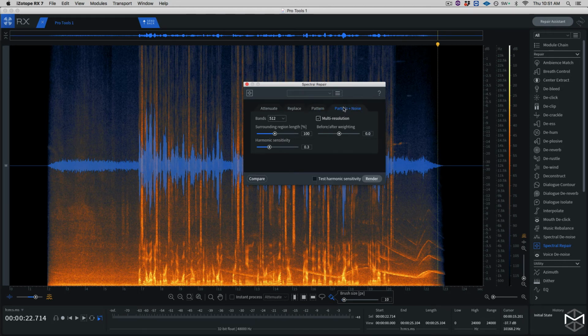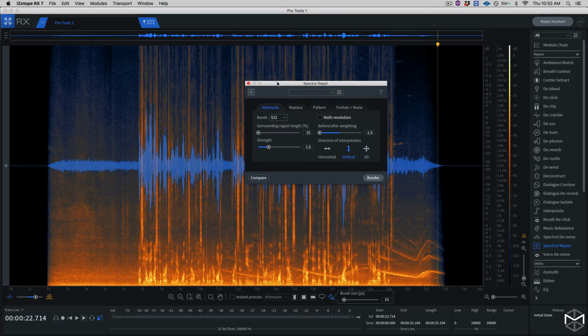And lastly, we've got Partials plus Noise, which restores harmonics of audio a little bit more accurately by giving you this harmonic sensitivity, which will let you go through the different harmonic parts of the timbre of a sound. For this example, I want to start with our Attenuate tab